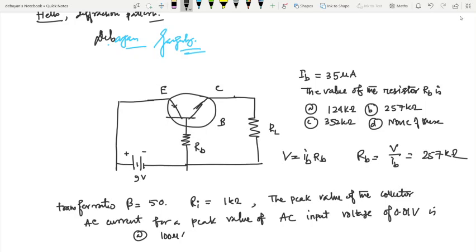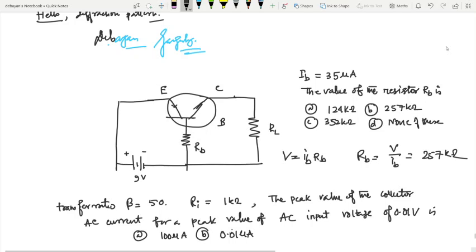The answer is, options are given, স্যার আনসার 500 মাইক্রো অ্যাম্পিয়ার। 500 মাইক্রোঅ্যাম্পিয়ার, তাই তো? বিটার ভ্যালু দেওয়া আছে, সো ইন দ্যাট পার্টিকুলার কেস VB equal to IB RB থেকে IB এর ভ্যালু বেরিয়ে গেল, আর beta equal to IC by IB, সেখান থেকে IC বার করে দিলাম। ভেরি গুড।